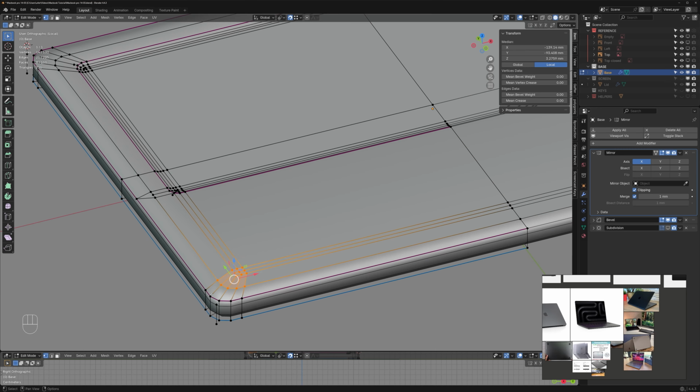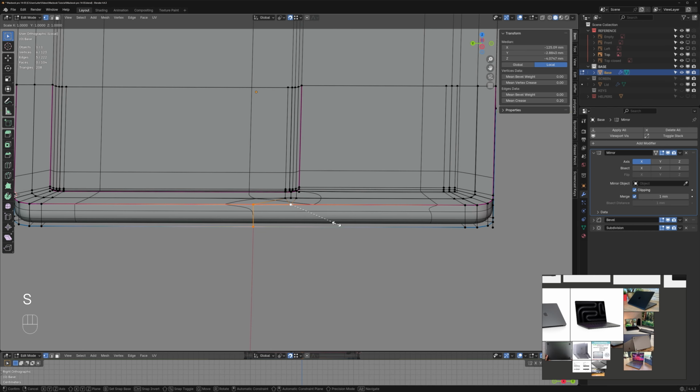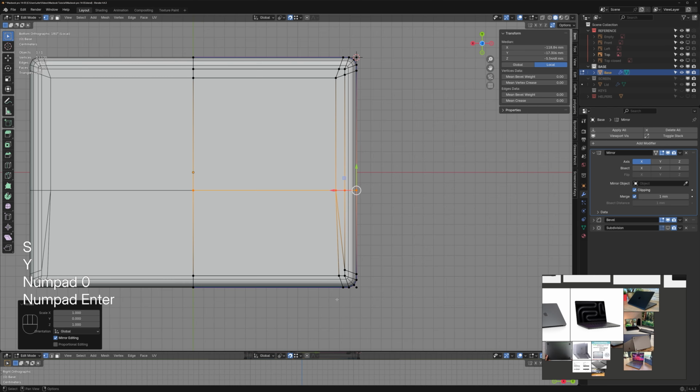Now we've got a little bit of a mess going on the back. Let's see how we can fix that. So we can get rid of some of these. So if we just slide those over with auto merge on, then we can grab those, make sure that one is the last selected, scale Y0. So that's helped there. Then bottom view, let's just trim in X, get rid of that. So now